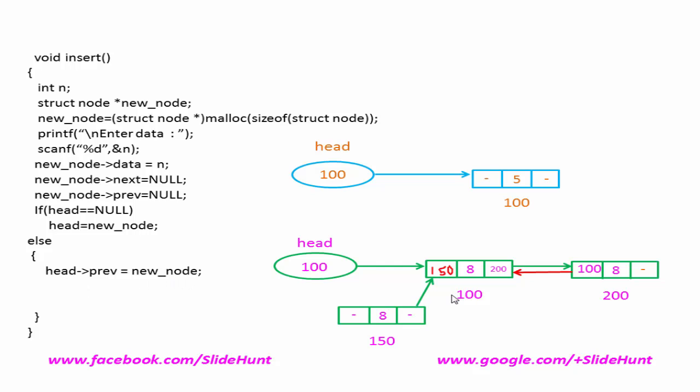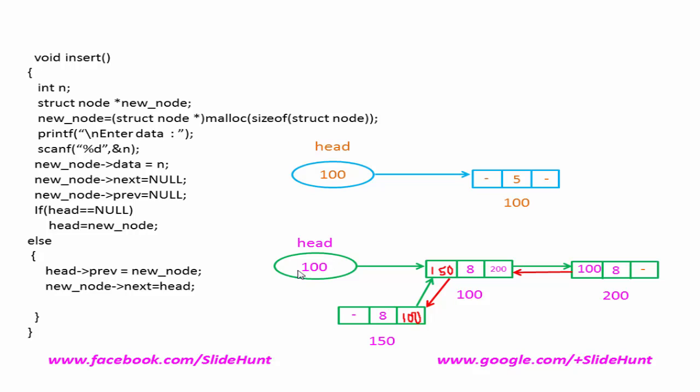One thing must be clear, this is the head node, not this one. This is a pointer variable that we named as head that points to the address of the head node. The next thing that we need to do, here we give the address of the head node. So the next field of new_node contains 100, and we can write it as new_node->next = head.